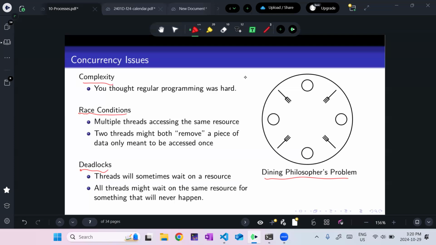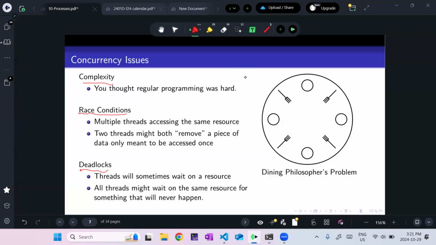So the idea is that philosopher number 1 is going to grab this fork, and then he's going to look over here, and if this fork is free, he's going to grab this fork, he's going to take a bite, and then he's going to put both forks down, right? So there's not enough forks for everybody to take a bite at the same time, so they're going to take turns, right? Gross, but that's what they do.